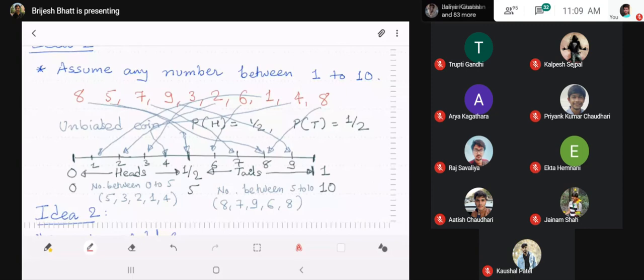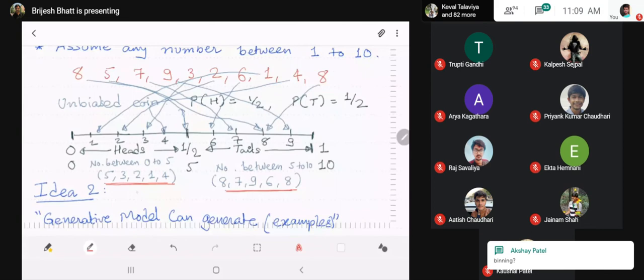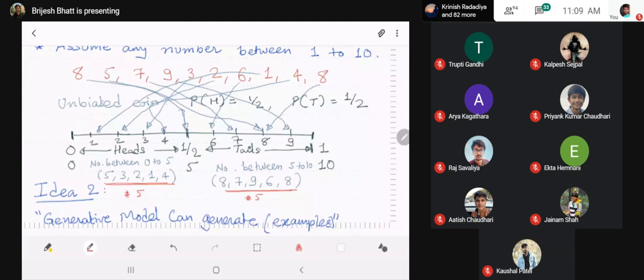So I randomly asked you to pick 10 numbers between 0 to 10. And I hope that you didn't look at the previous number before giving your answer. So most of you produced the number completely randomly. But if we look at the distribution of these 10 numbers, then exactly 5 of them fall between 0 to 5 in the head class, and 5 of them fall in the tail class. So 5 of them are in our heads class, 5 of them are in tails class.